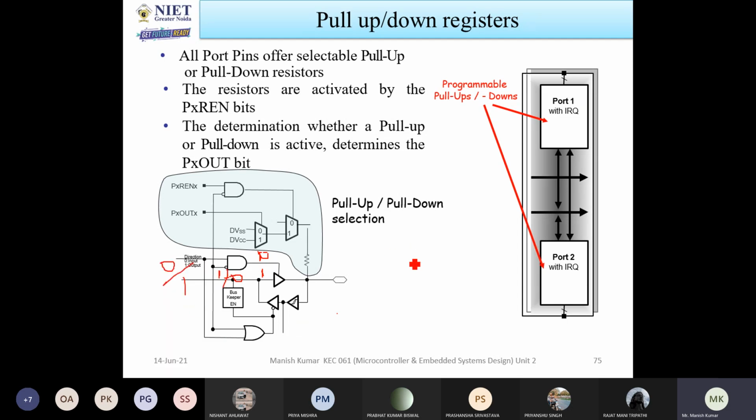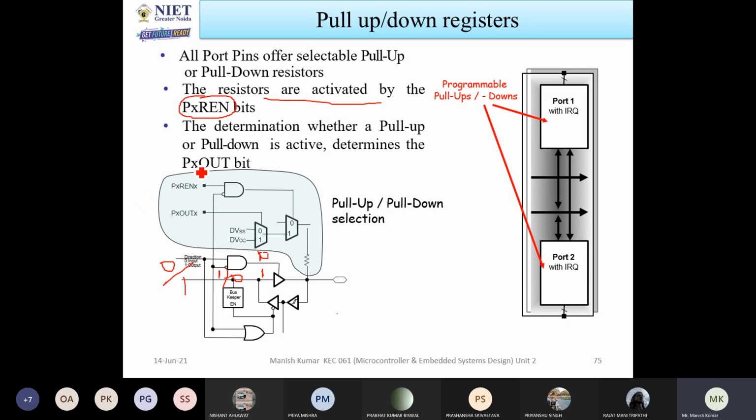First, you have to understand, you can see there is one pin called PXREN. This PXREN is a bit which is used to enable the resistors. It means that with the help of the PXREN pin, you can activate either pull-up or pull-down resistors. Any system first has to be activated, enabled. So with the help of PXREN, you can enable the system. That's it, you can understand.